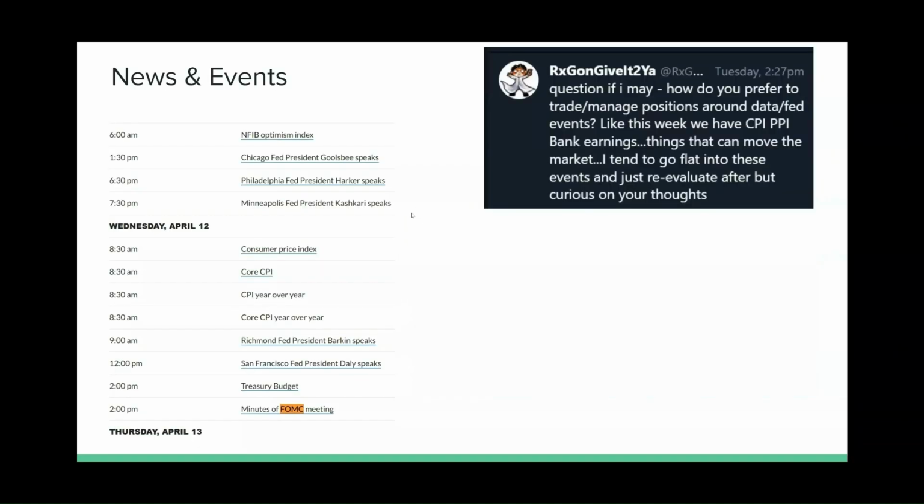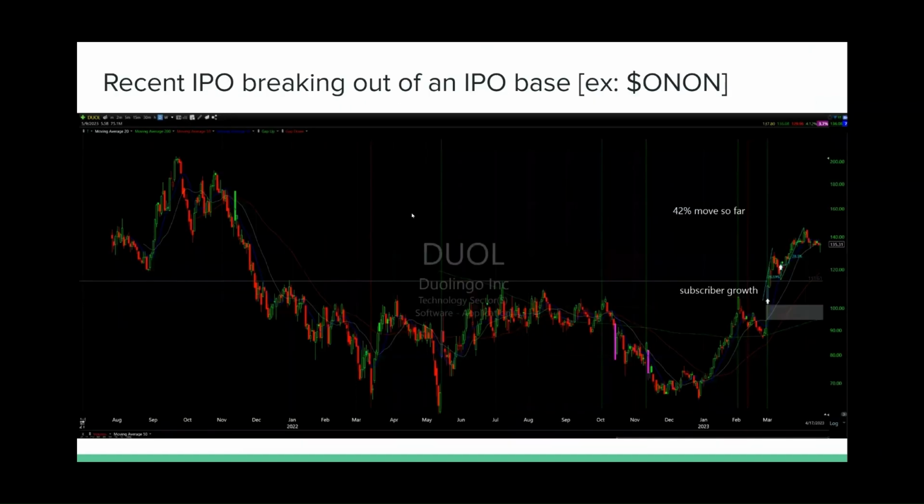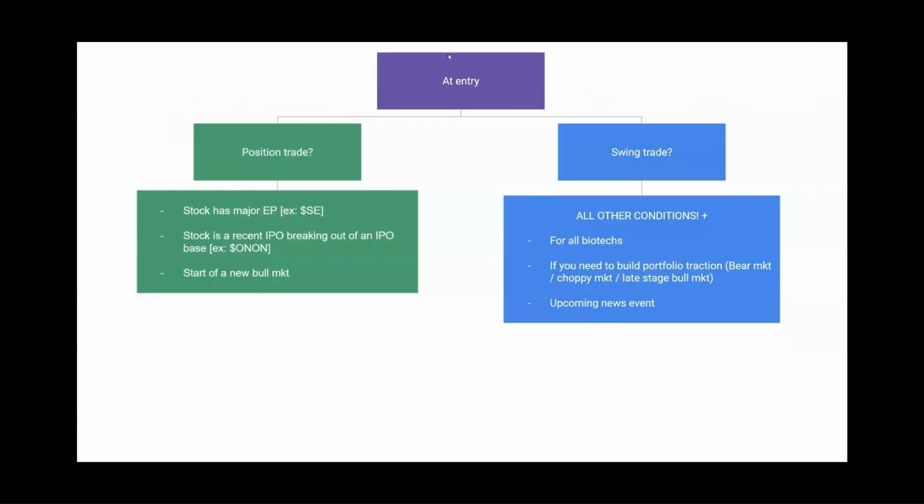Okay, so hopefully that makes sense. And let me just go back to show you the chart. Hopefully you have a better idea of what are the criteria for when you would take a trade as a position trade and the criteria for when you would take a trade as a swing trade. Okay,